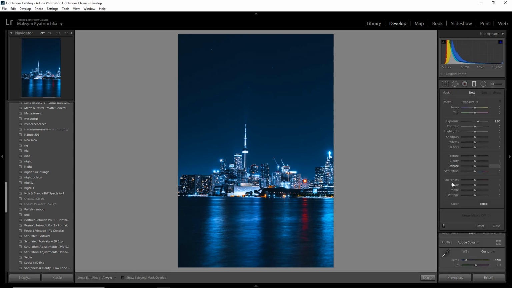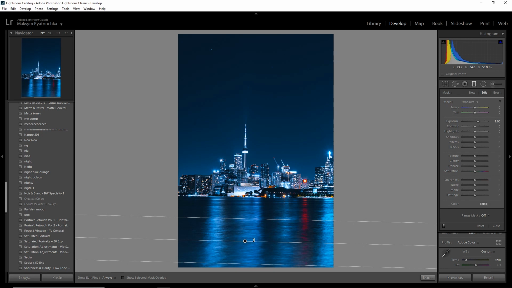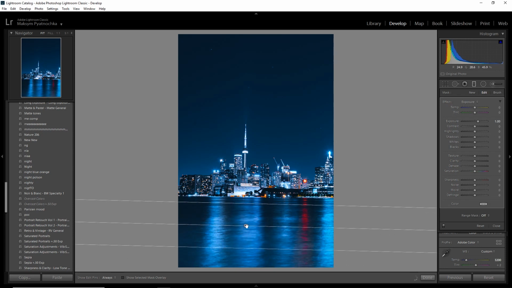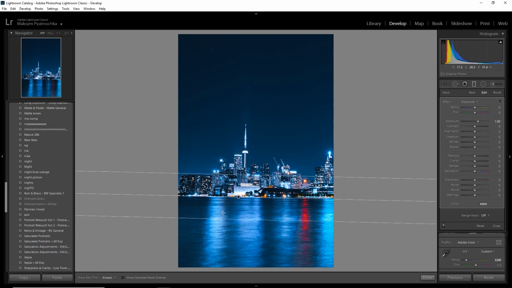You click on that. So now if you click, right click and drag the slider up, this is your graduated filter. So now if you move it, as you can see, this is the part of the image that we are going to be editing, and the rest of the image won't be touched. So by adjusting these settings here, we'll fix the water. So I do want to make it a little bit warmer,